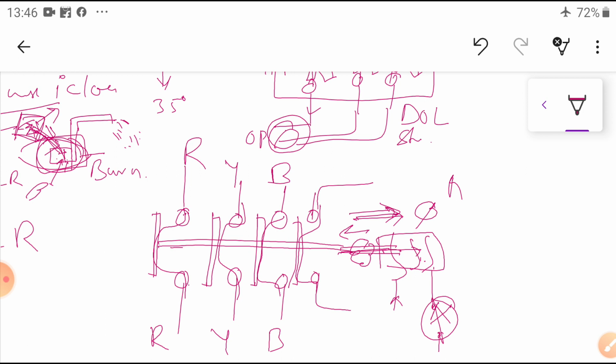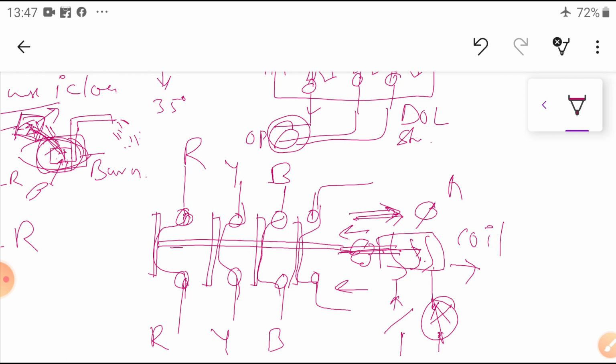If they suddenly switch off, the circuit to our coil is broken, then what will happen? Due to the spring action, it will move in this direction. Once it has moved, these two terminals are separated with the help of this. So whatever the input supply is, it is unable to flow to the output terminals through the switches. That means here our coil is the monitoring element. Your coil is the main person.